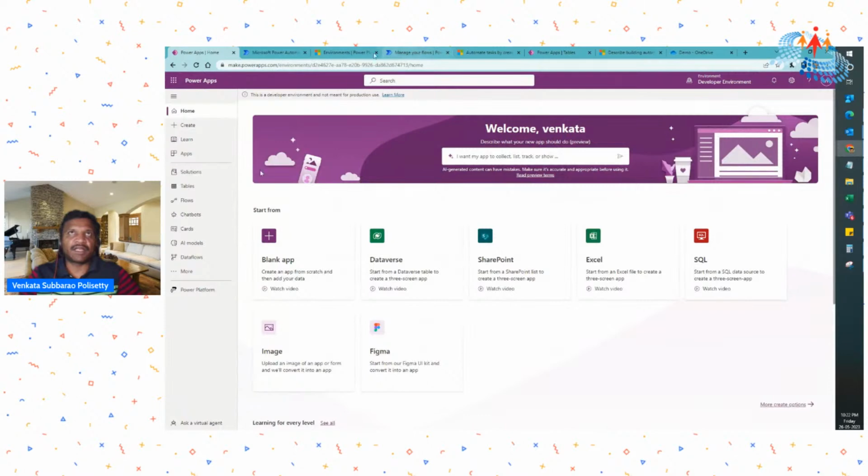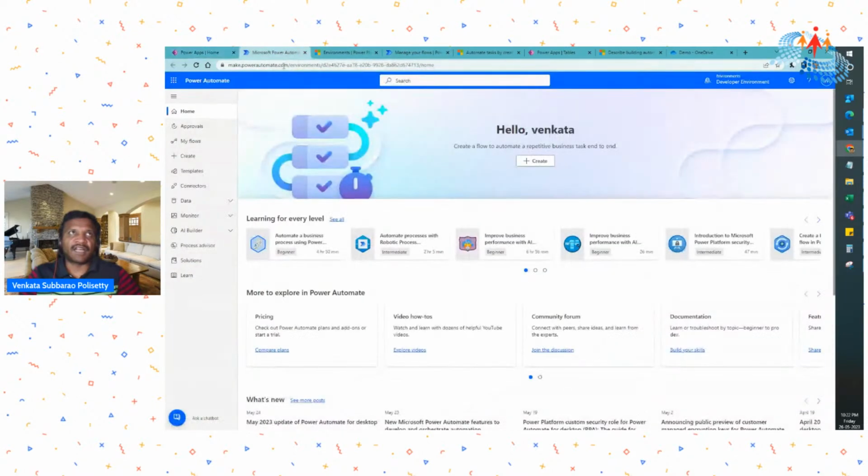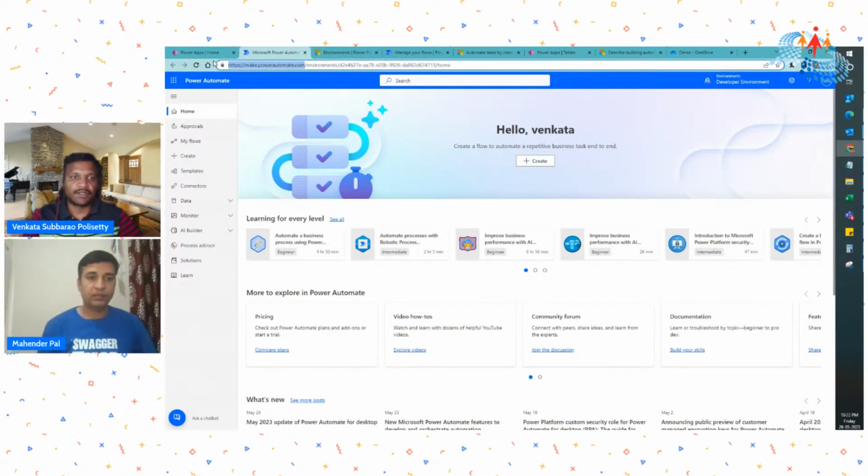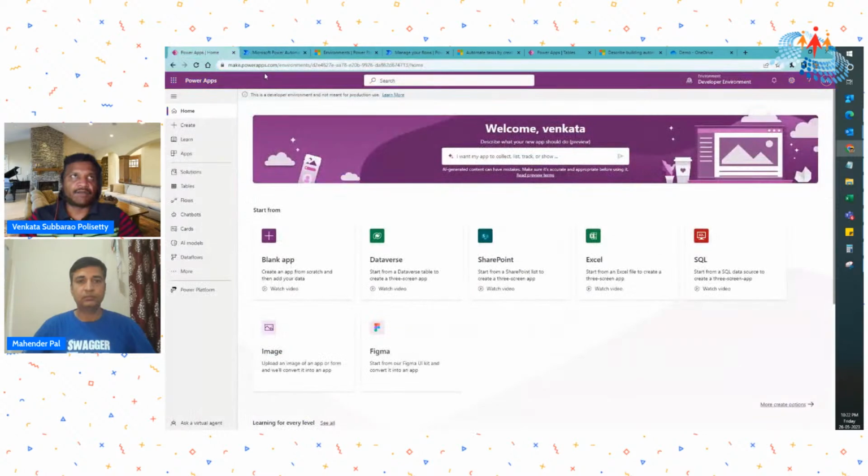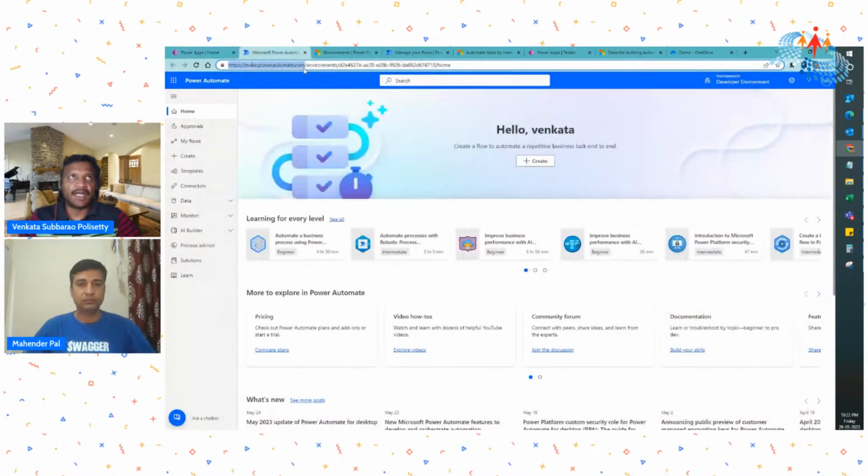And the other way is directly typing make.powerautomate.com here. Let me zoom it out for you. So if you observe, this one is make.powerautomate.com. As makers, we have make.powerapps.com, where you can open the Power Apps Studio, the Canvas apps and all that. In the same way, for Power Automate flows, you can simply